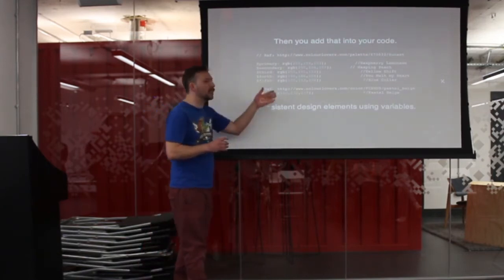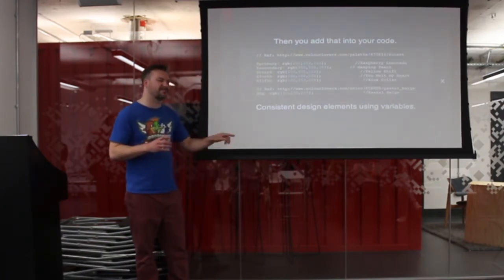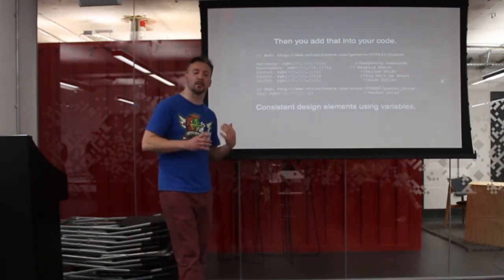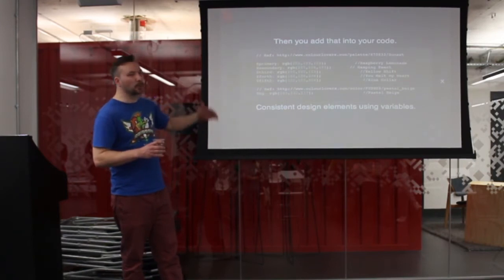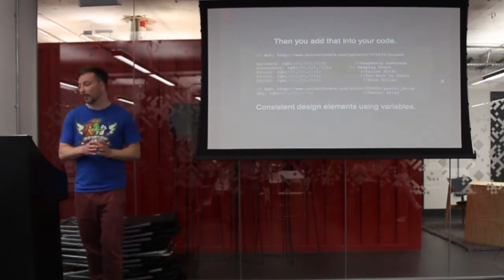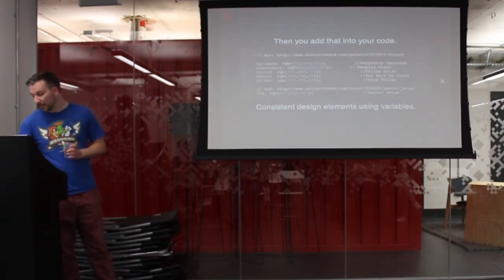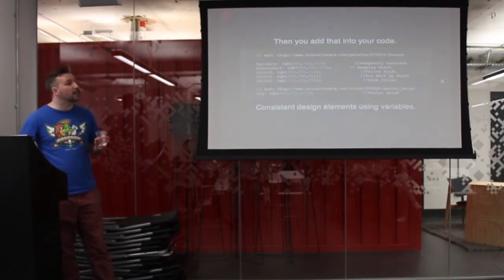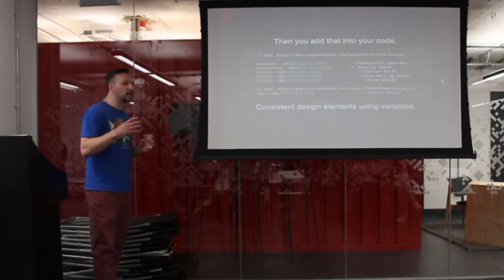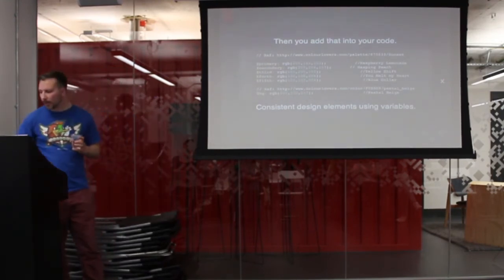To make it easier, say you have a client and they're like, yeah, that's great, but that orange is a bit too light for my liking. Could you do it a bit darker, a bit more burnt orange? Instead of going through all the code, looking through it all, you literally just edit that, bish bash bosh, all done. Literally in seconds. So it is consistent. And also it's good for when you're doing a design later on and you think certain colour schemes don't work as well. So you can switch it.